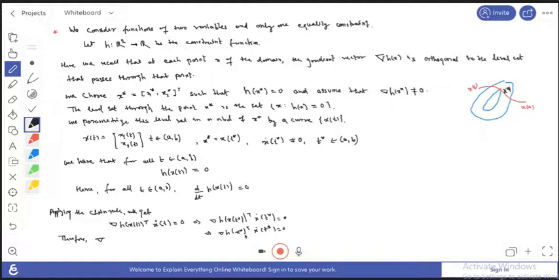Okay, so if the product of these two equals 0, this means the gradient of h at x star is basically orthogonal to this vector x dot t star. This is x dot t star. Okay, so this is orthogonal to this thing. Okay, and now